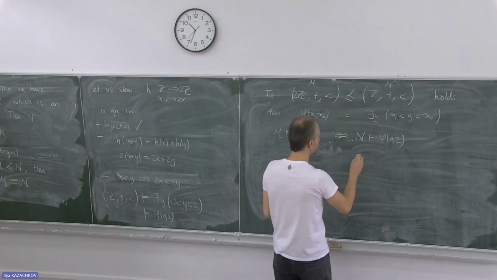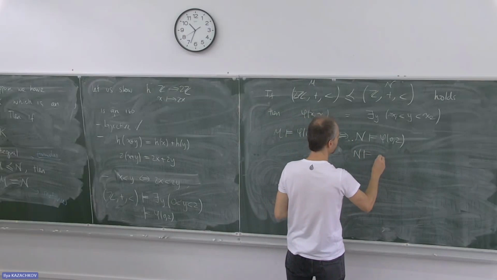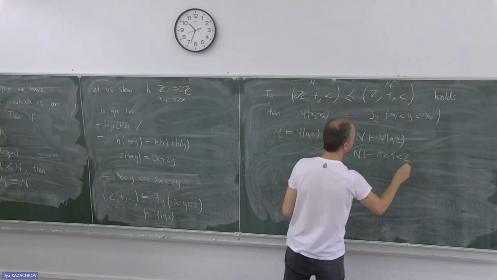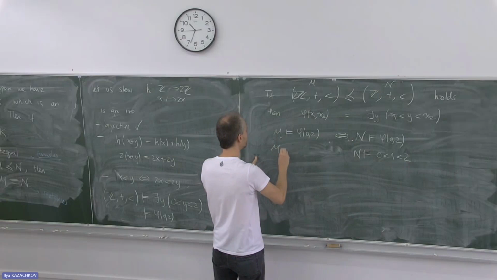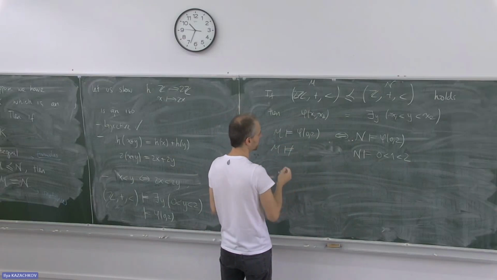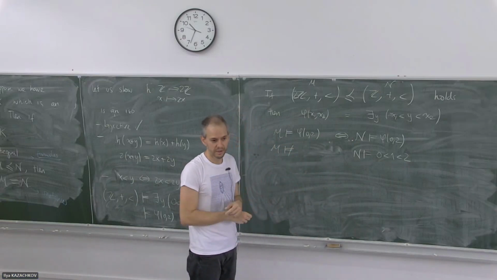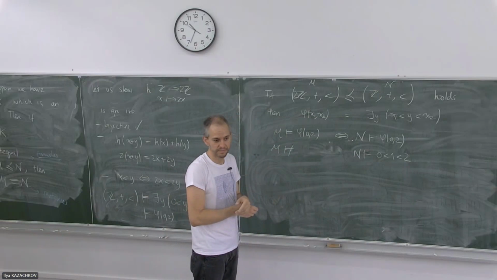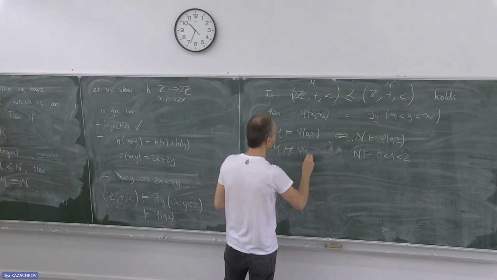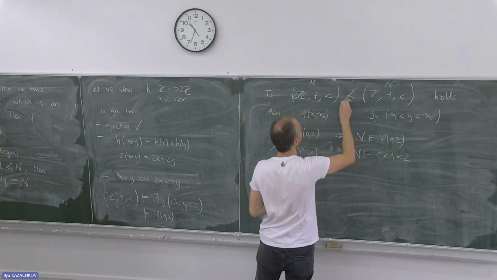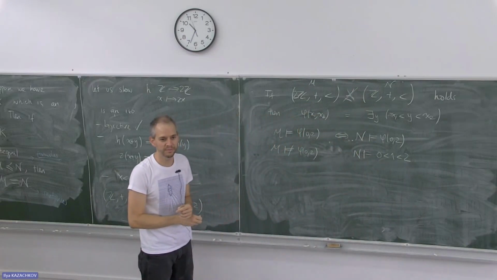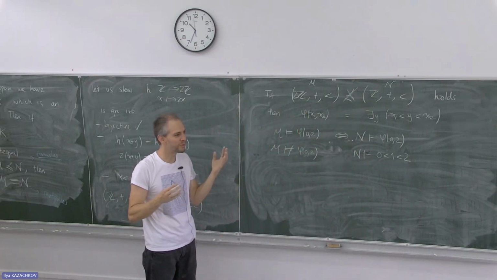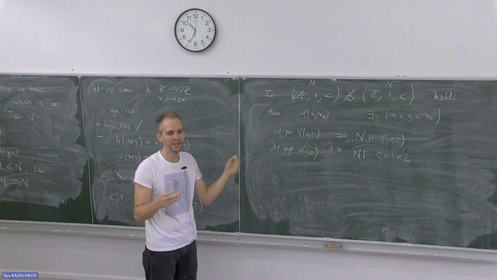So this is true here, of course, because we have that 0 is smaller than 1, smaller than 2, but of course this is not true here because there is no element between 0 and 2, right? So this cannot happen, okay? This is an example of even two structures which are isomorphic, but for which the inclusion is not